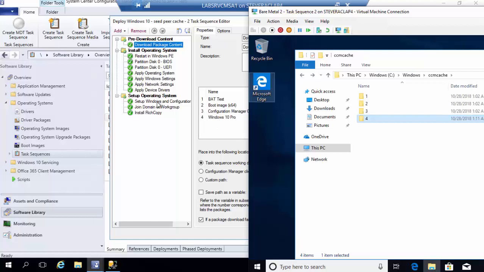We downloaded rich copy here and applied it, right? So we kept all 4 of these because they were actually downloaded as part of the OS deployment after formatting. So we did in fact keep 4 of them because of that SMSTS preserved content, but we did not keep this one because it was not needed by the task sequence, and we did not keep this one because it was not needed by the task sequence, right? It was just downloaded here